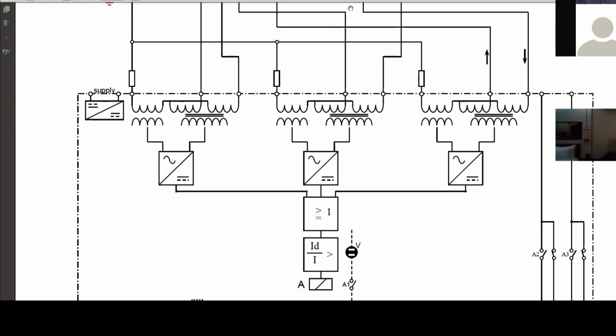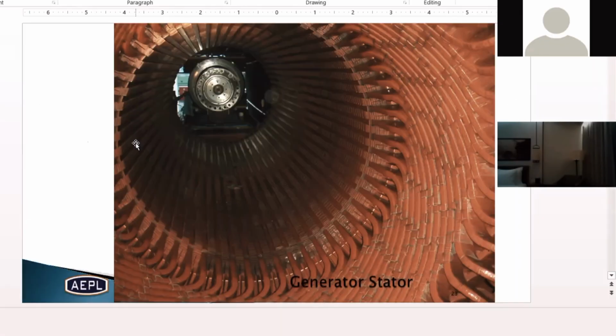For example, the red phase and the blue phase. There you will see the generator stator. In this screen, you see that there are slots inside the core. In each slot, there are two conductors of different phases. So it means that there are chances of short circuiting